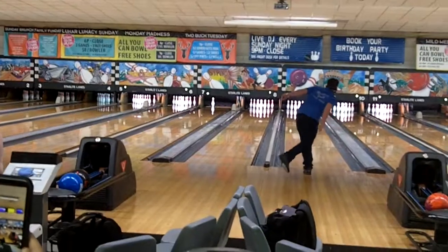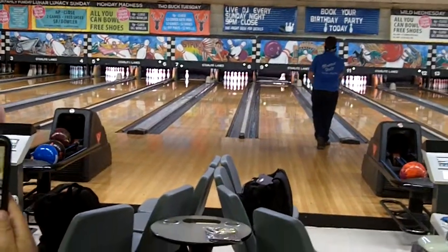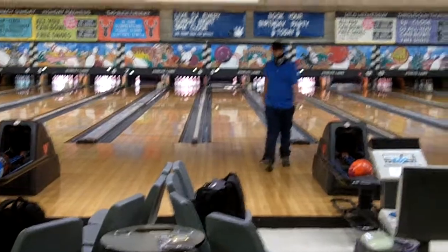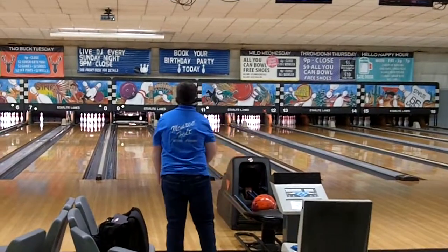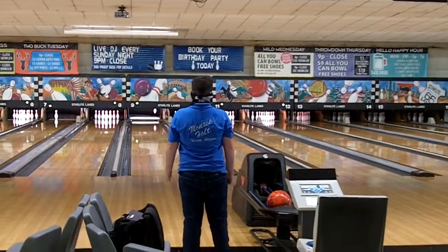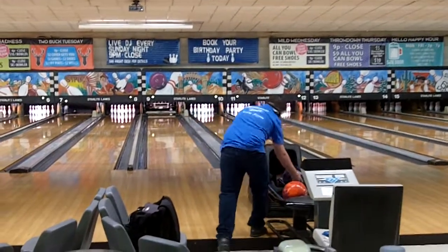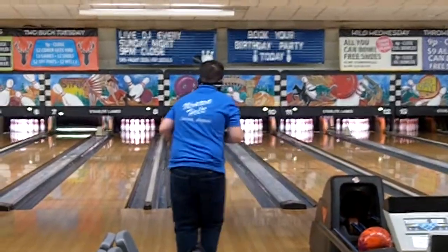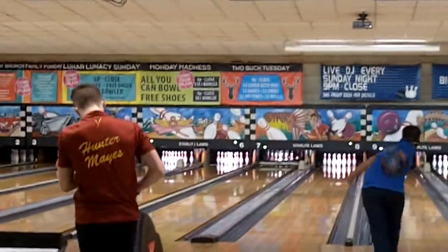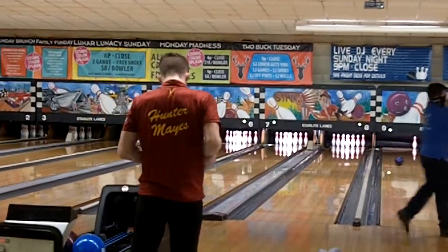Skylar opened in the first two frames, had three in a row after that, leaves that fourth in there in the sixth frame. To their right, Monroe Holt looking to make his first career top four appearance, a title-winning appearance, but he's going up against two-time champ Ian Silva, who has been red-hot all weekend long. So is Skylar, but he's run into a speed bump here in the powerful Mays, who won last week, our